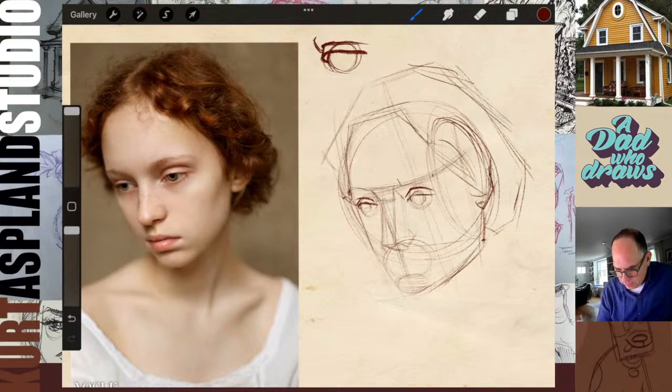Okay, let's kind of leave those there, and I'll tell you what, let's get these lower eyelids in as well. It's coming in, and it looks like I made my pupils too big, but I will adjust them.